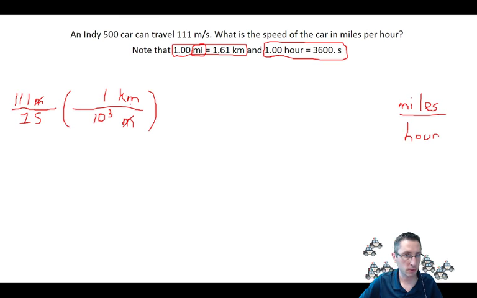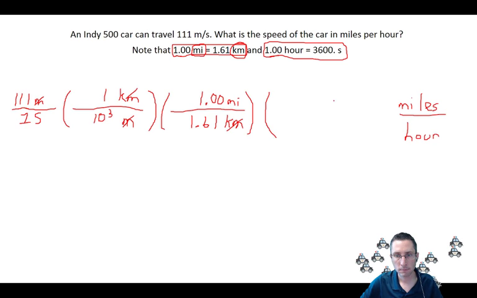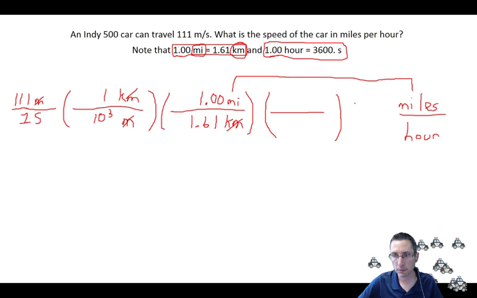Okay, how did I know to use the relationship with kilometer? I know I have to get rid of meters. I might as well go to kilometer since that's a unit I'm given in the problem, as one of the next units. So that now I can use that given information to cancel kilometer and go to miles. Okay, so hopefully that makes sense. So I'll put my 1.61 with kilometers because that's what I'm told in the note. I'll put the other half of that equation in the note and the other half of this unit factor. And now that I have miles in my numerator, I'm done with the numerator. That is going to correspond to what I need at the end.